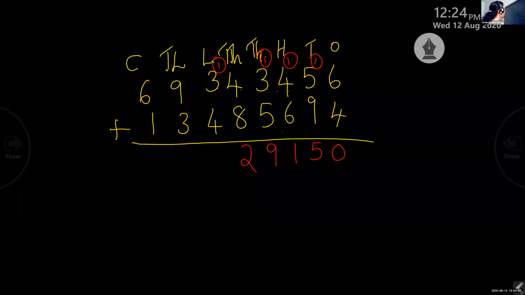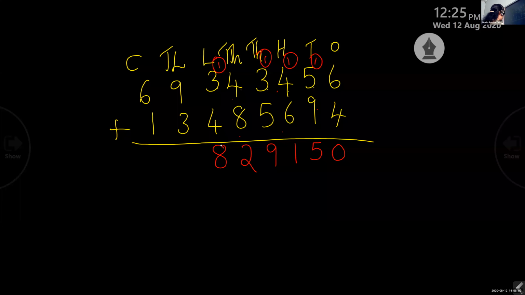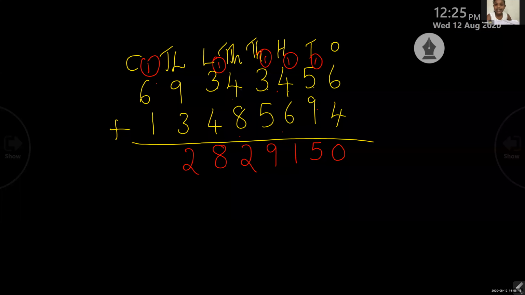1 plus 3, 4. 4 plus 4, 8. What about 9 plus 3, 12. 2 here, 1 carry over. 1 plus 6, 7. 7 plus 1, 8. Okay. So before saying this number name,